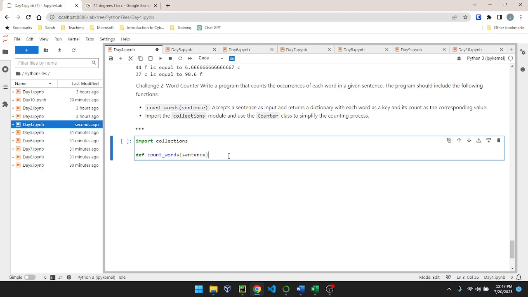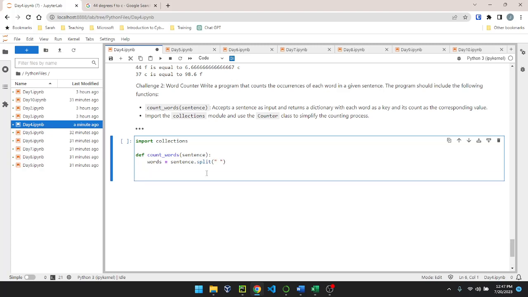I'm going to finish the definition with my colon sign, and then we're going to say, okay, let's take this sentence and we've got to split it up. sentence.split based on, I think we can do it with a space. Let's try this at this point just to try it out. So we'll just say